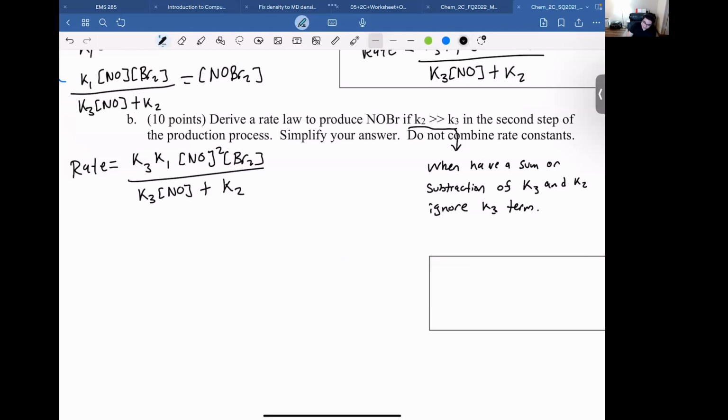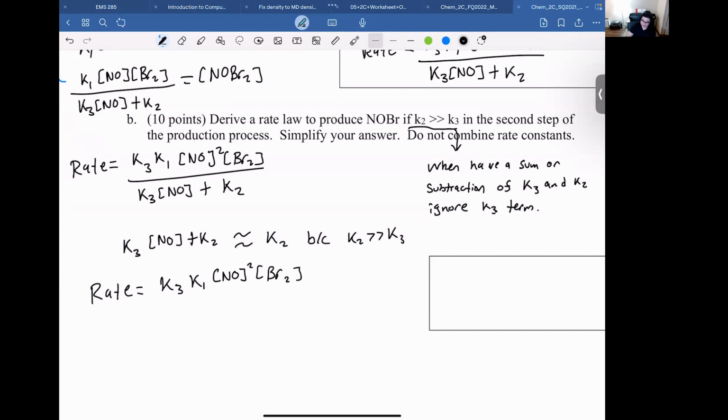So because of this, again, the K3 term we know is going to be much smaller than the K2 term. So I can say, and I'm writing this out very explicitly, that K3 times NO plus K2 is about equal to K2. It's close enough, right? And it's because that K2 is so much bigger than K3. And so when I plug this in on the bottom, the K3 NO just goes away. It's an approximation,